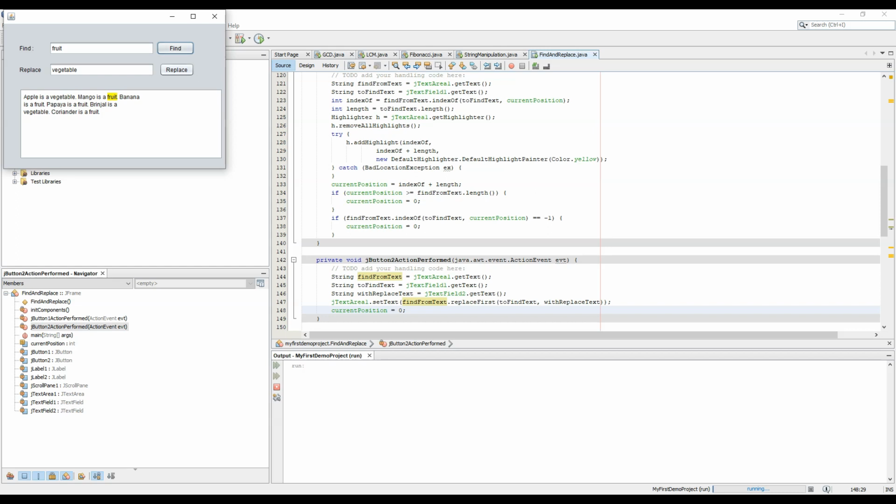If we want to replace the second occurrence, we can replace it. Now next time it would replace the third occurrence. Next time it would replace the fourth occurrence. Next time it would replace the fifth occurrence. And this way it has replaced all the occurrences. So now if I want to turn back vegetable to fruit,